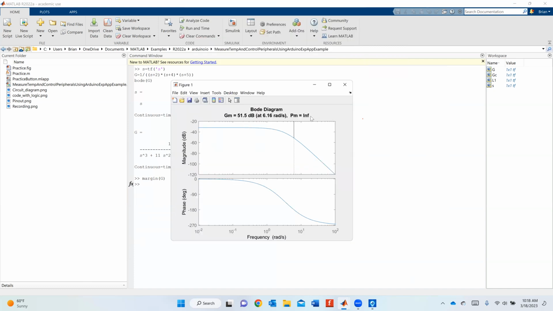So my phase margin's infinity, which is really good. That means I don't have to worry, but for my gain margin, I have about 51.5 dB. Remember, the gain margin is determined when you intercept with the negative 180 point, which we see right here when we intercept with negative 180 here. We're going to hit our gain margin, which